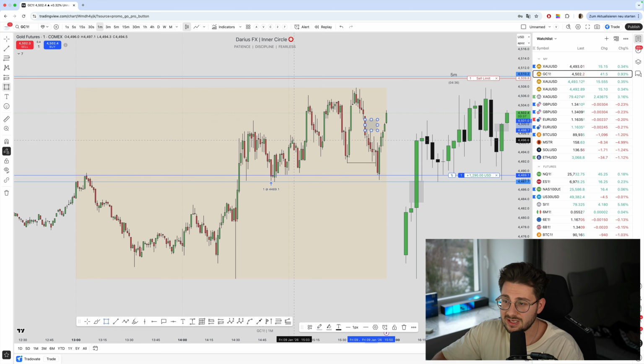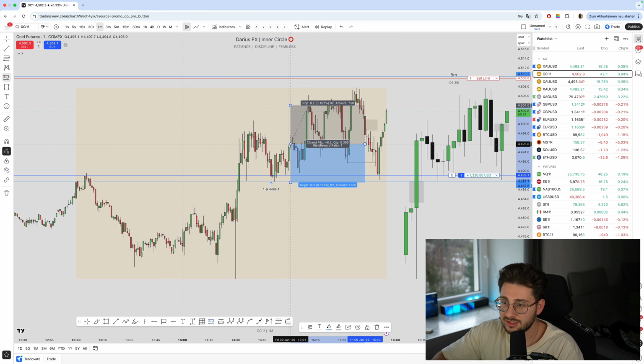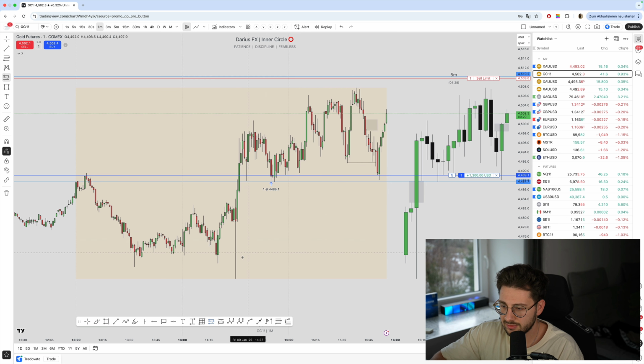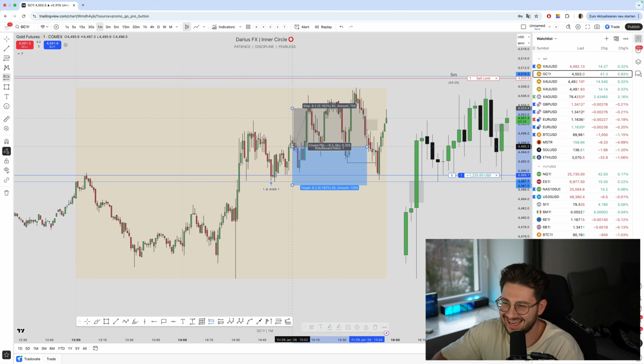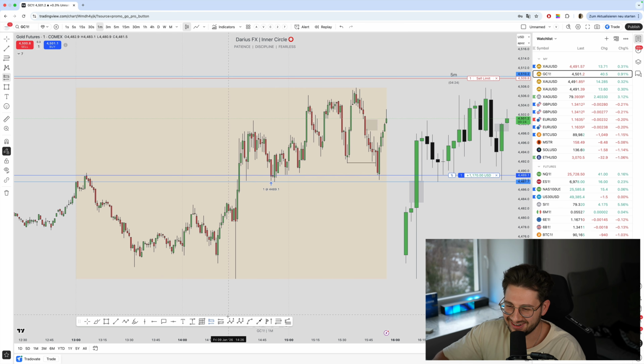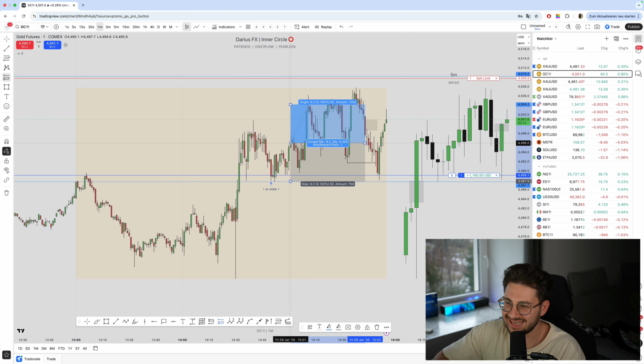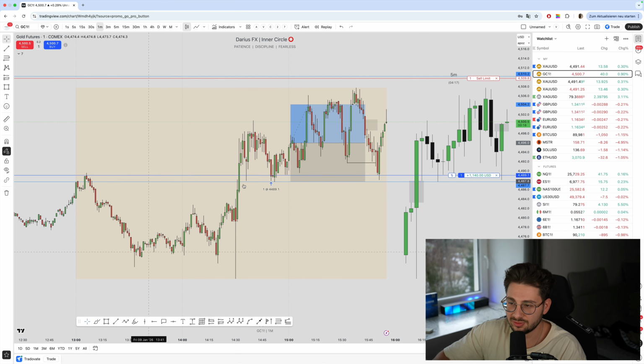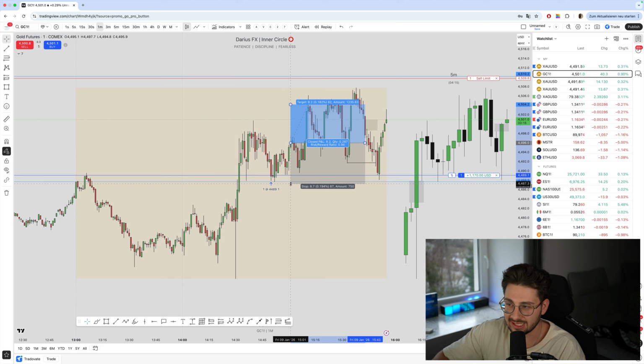But look at this. Based on how I took the entry with ICT concepts, my trade would have been very classic, would have been here. Yeah, exactly like this. And then I would have put my stop. Now, I'm just telling you how I would do it, right? I'm honest, I would have been doing it exactly like this, so I would not be stopped out in this case as well.